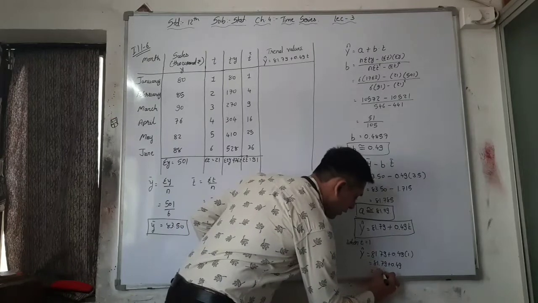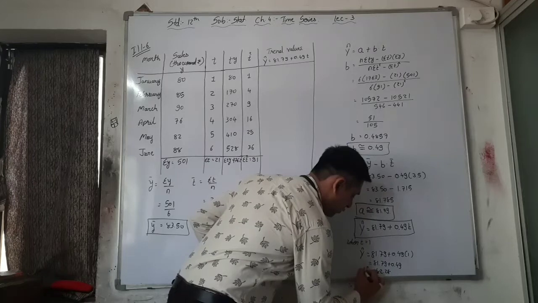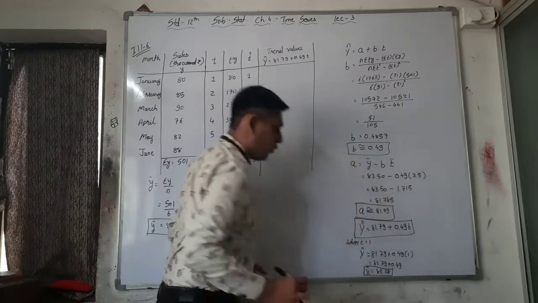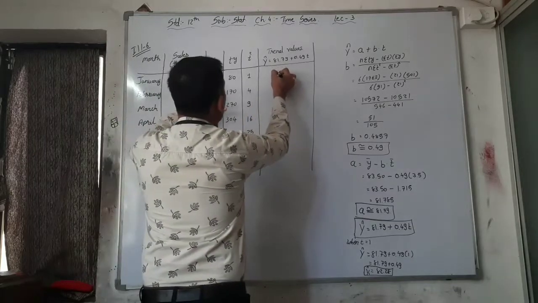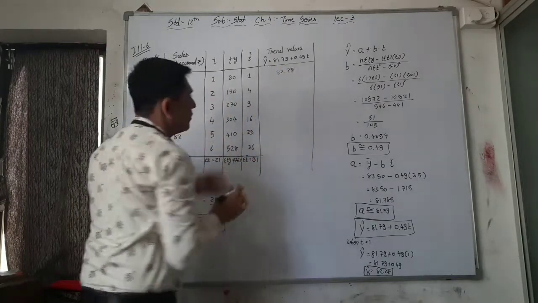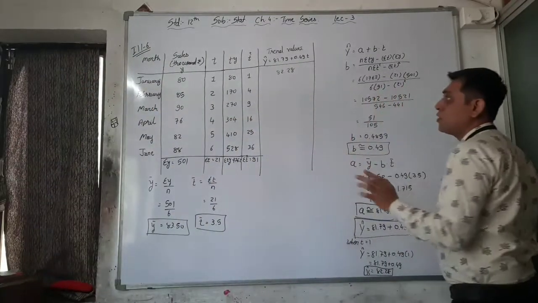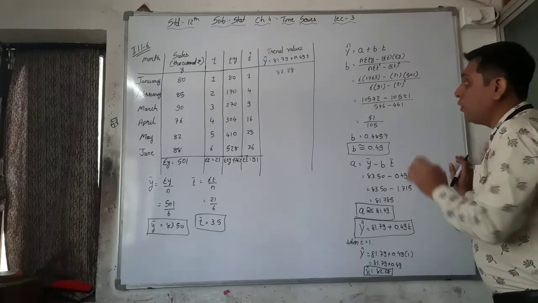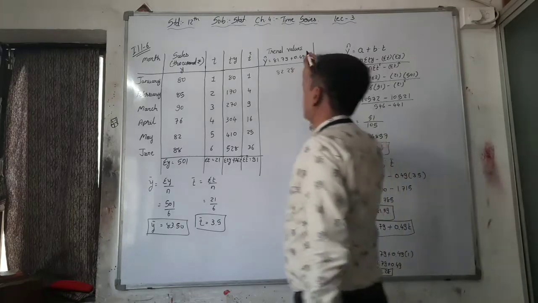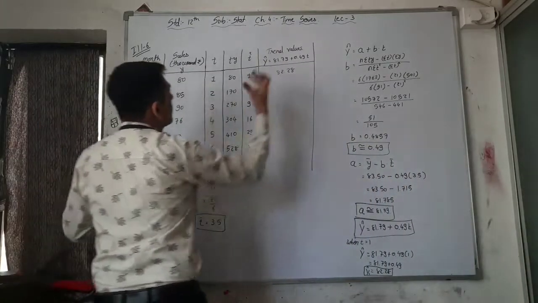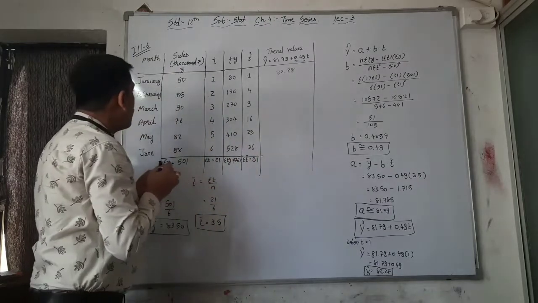So the first value is 82.28, when Y cap 1 is equal to the value of the first trend, January month's trend value is equal to 82.28. You have to find out only one. When they ask to find out trend values, you have to find out just the first value and then add this one. This one means 0.49, that is the value of b, added to this to find out the next values.